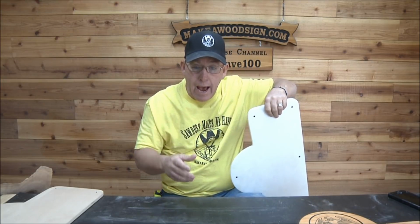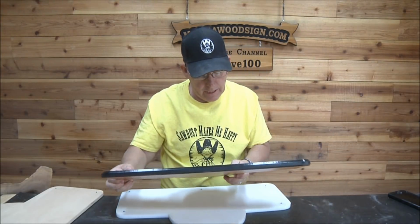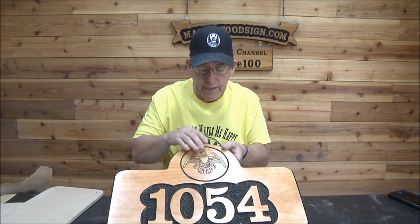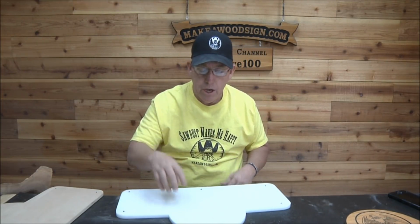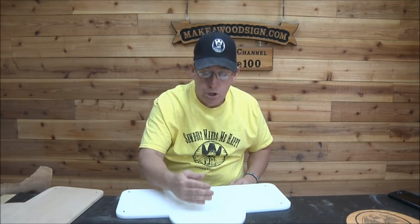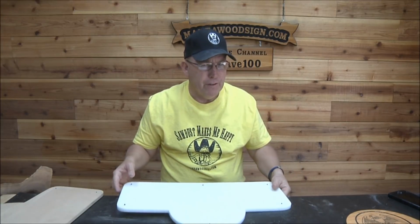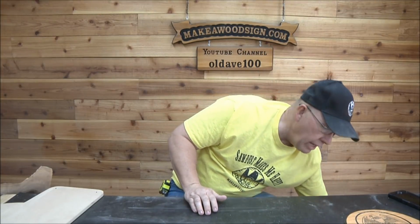That is about it. Also remember, when I made this sign, you can't even see it, but I laminated a board on top of this to match. There's actually a lamination in there. You can hardly even see it, but this is 14 wide. Your normal material will probably only come 11 inches wide, at the max 12 inches wide. So this is 13, so you still have to laminate a board. Go back and watch the very first video, I think it was 274. But that being said, the other option for bigger